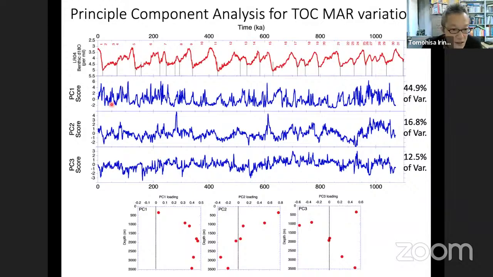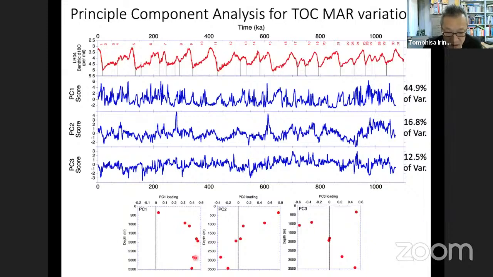So these 3 can explain approximately more than 70% of the total variance, and I'd like to look at each pattern and the meaning here. So the score is plotted like this. They are all different, and they are loading. In this case, the principal component loading is how each site